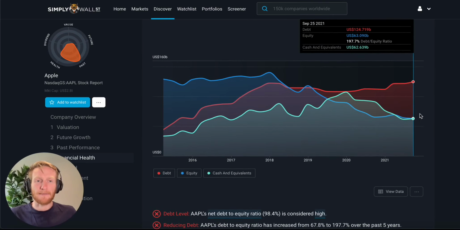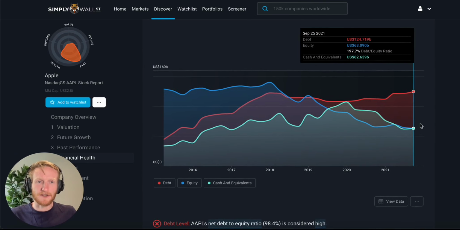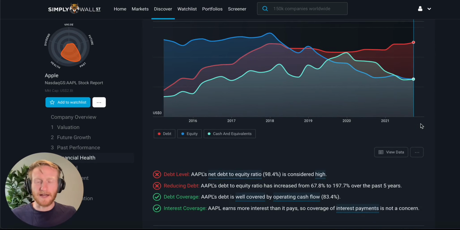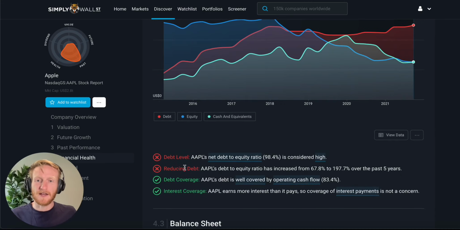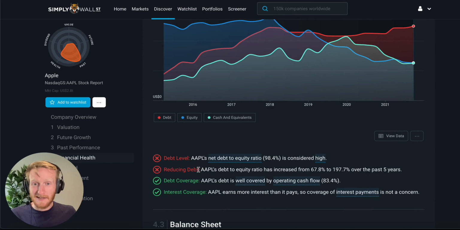And we can see that Apple is actually utilizing quite a bit of debt in its capital structure. But given the debt is so cheap, as in only a couple percentage points to finance, it's quite affordable as it is right now because Apple is quite a profitable business, and these next checks will help confirm that. So the next check, though, doesn't pass either, and that's because its debt-to-equity ratio has increased from 67%